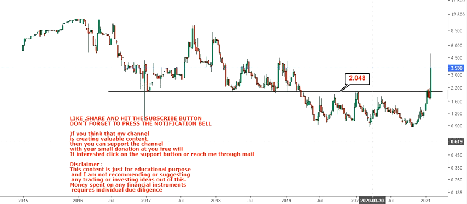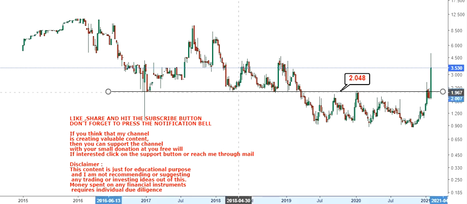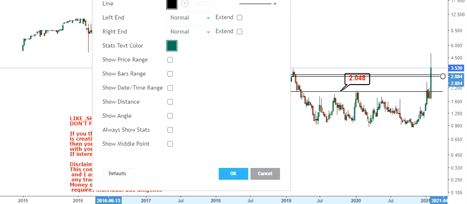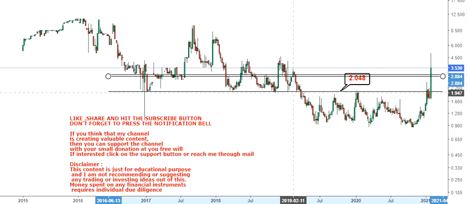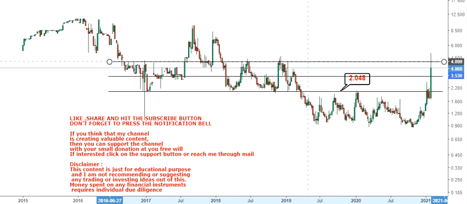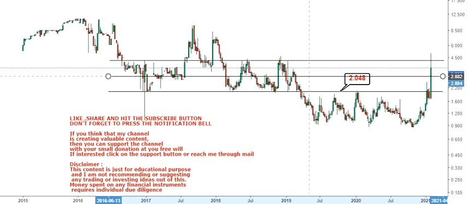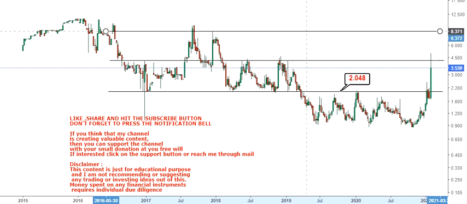Now here, $2, this level will definitely play a major role, and if the stock by any chance falls below $2, then in that case one should not carry any further position on the downside. Because a trend breakout has already happened, the levels which we are going to look at are something like this.